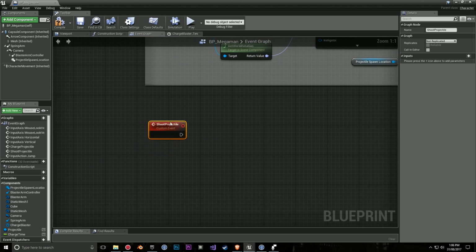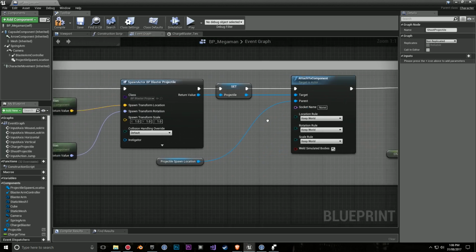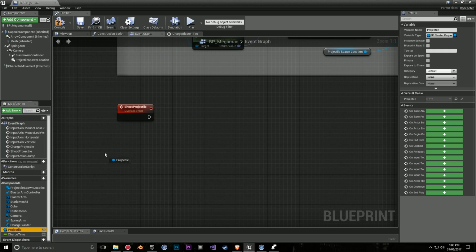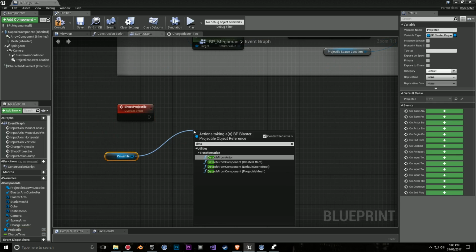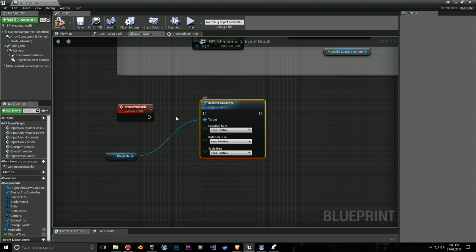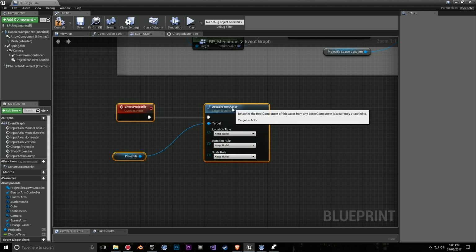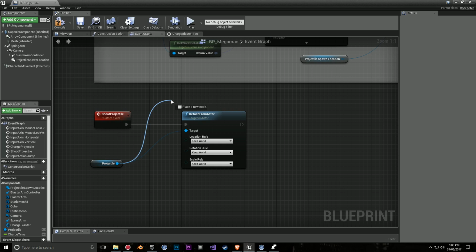Let's zoom in a bit. And first of all, when we shoot it, remember we attached it. Well, we need to detach it. So grab the projectile from down here, type in detach, detach from actor, and drag in here. It's just going to detach from whatever it's attached to. We're going to, of course, keep world, and drag over here. We're going to drag up here,